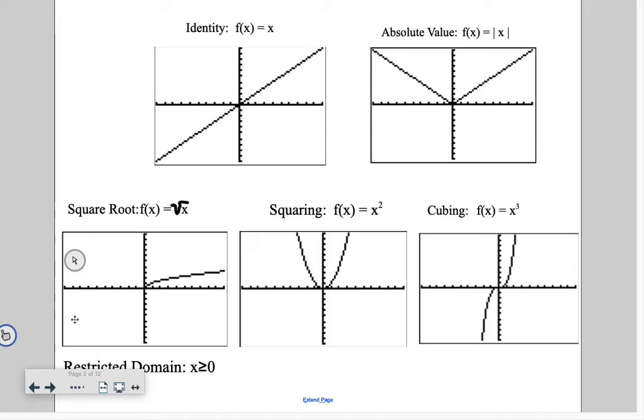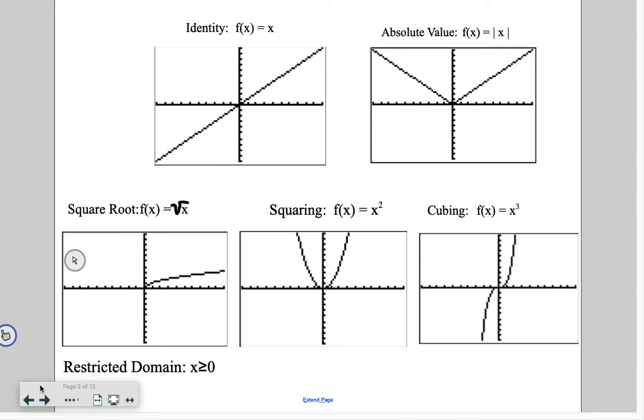So, if we take a look, here are the different functions that we're going to take a look at. Here are your parent functions. And so, if you don't want to go through and have to write all these down, if you'd rather just quickly snap a picture with your iPad or your phone or something, so that you don't have to write all of them down, go right ahead, okay, and draw them all. Otherwise, this lesson is out in Canvas too. You can go out to Canvas and just bring this up if you need to. But it might be kind of handy to have this on hand,